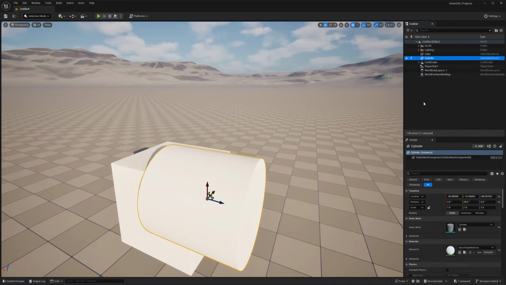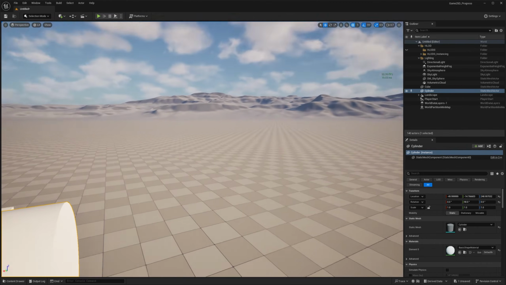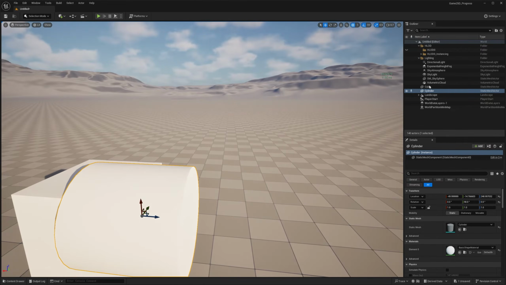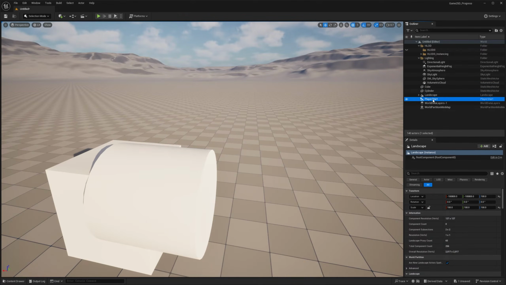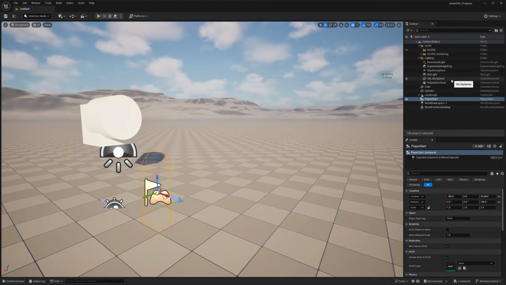The outliner is interesting because it's essentially the Windows Explorer, if you come from Windows. It's where everything in your world, in your computer, is going to be showcased. So everything that exists in this level that I am in is going to show up right here. So I can just go here and cycle between stuff. Like my cube is here, my cylinder is here, my landscape settings are here, my player start. If I press F, that's where when I press play, the character is going to show up. Everything is here. If it exists in this level, it's going to show up here.